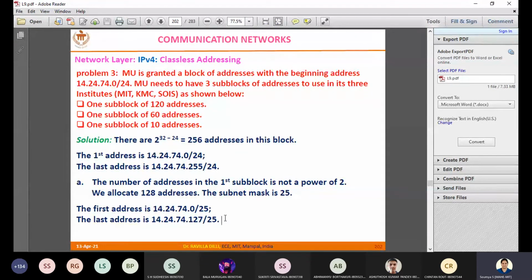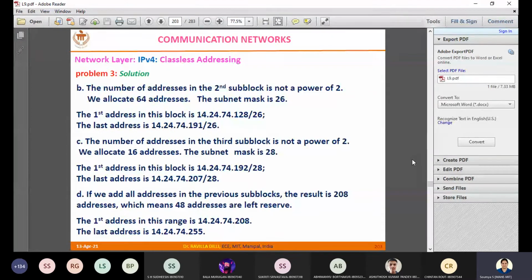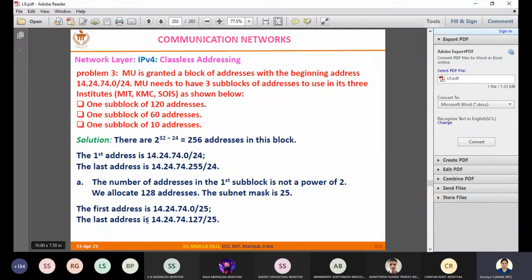So the last address will be 14.24.74.127. Okay, this is the first and last address of the first sub-block. If you look at the second sub-block, here it will be 64 addresses. So you start with, now where did you stop earlier? Earlier, the last address of the first sub-block was